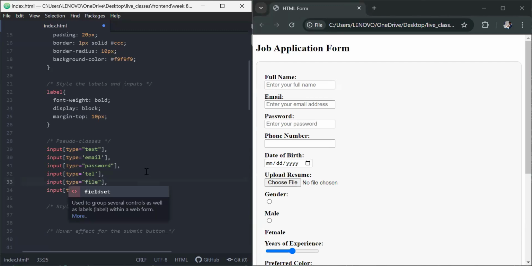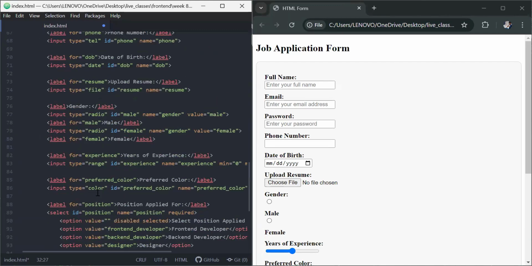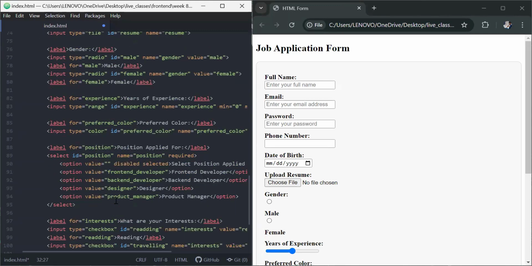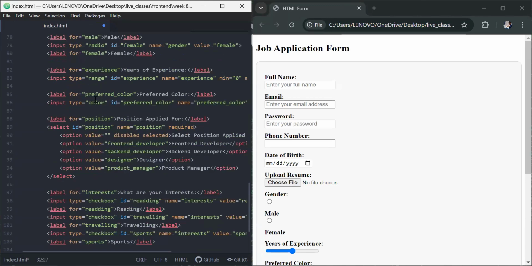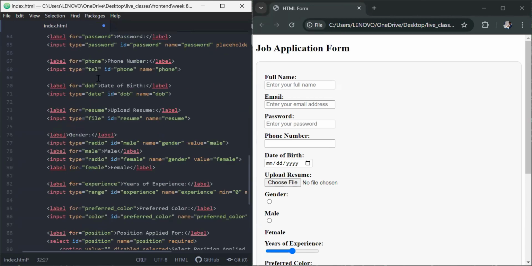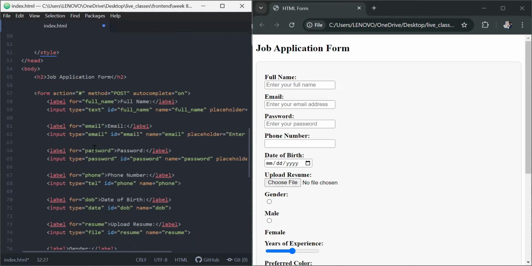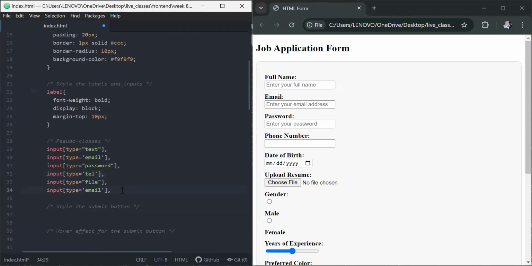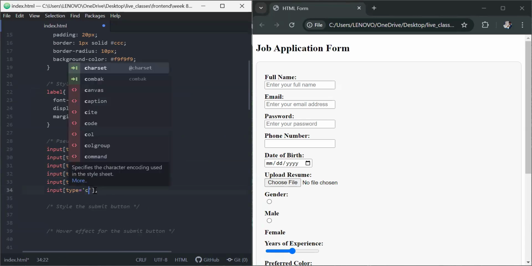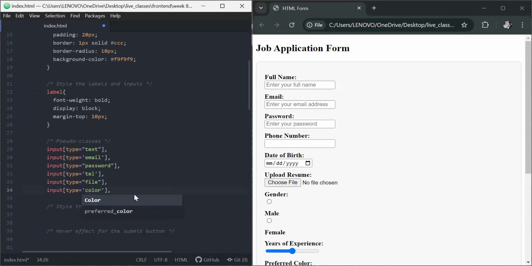So remember, these inputs are the attribute type from the inputs that we have here. So I'm just taking each of the types. I've chosen for tel, date, file. So they're different types we have in the form. So you could just pick the specific input you want. We can add color. We have color. Okay, so I think we're just going to choose this, and then